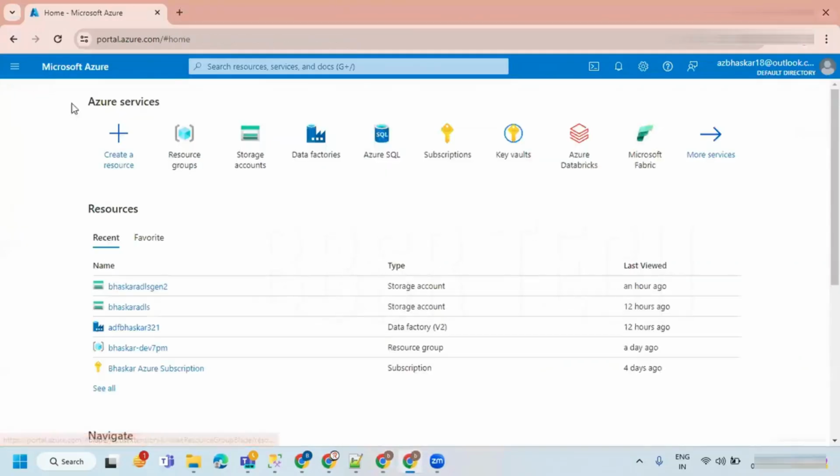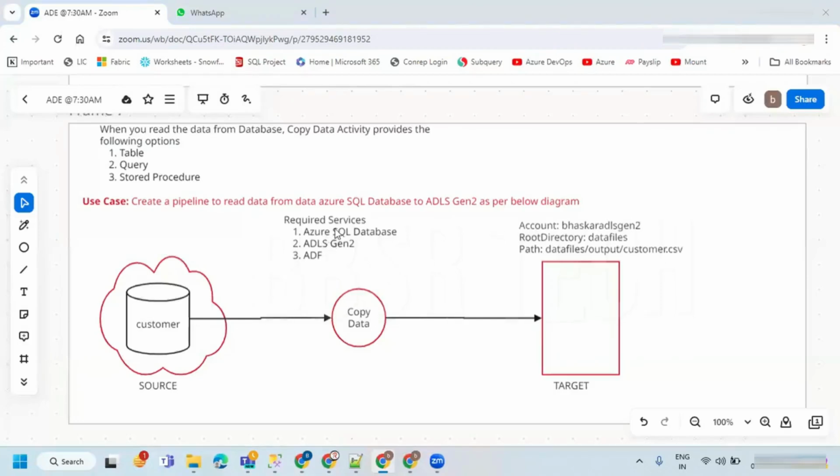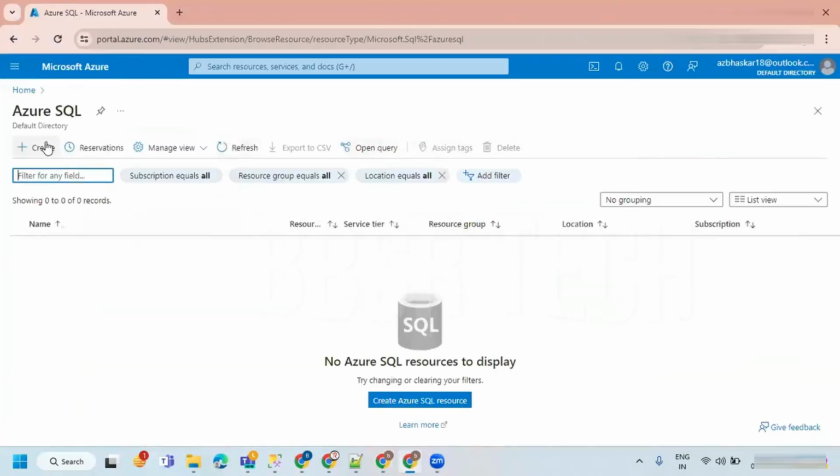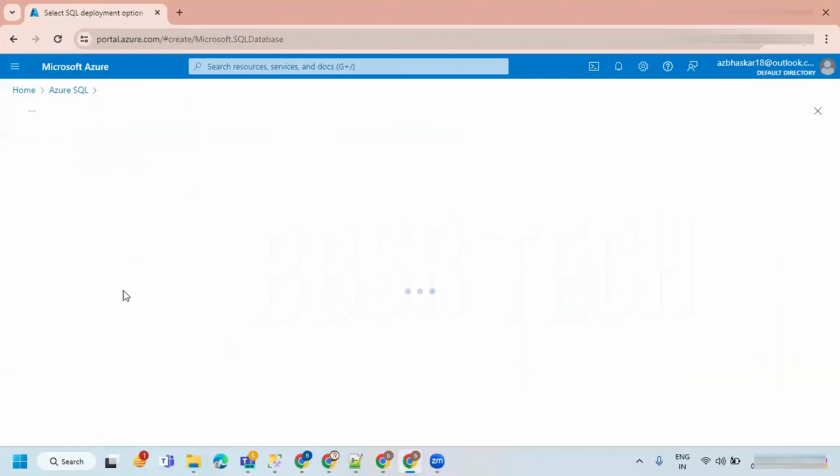Let's go to home. First, I'll create a SQL server here because SQL server takes some time. Let's hit SQL server and create. I am creating a SQL server in Azure. I wanted to go with a single database for practicing; this is more than enough for us.